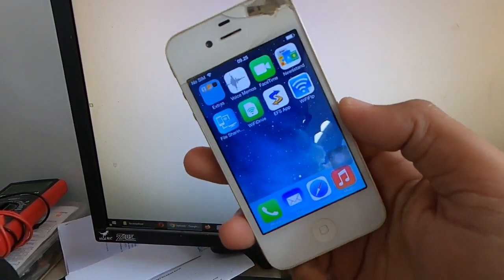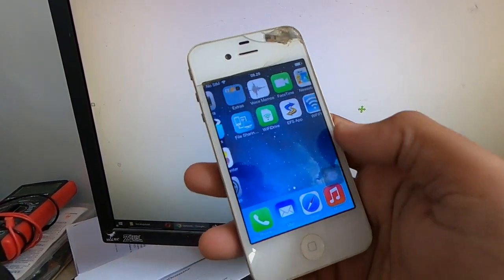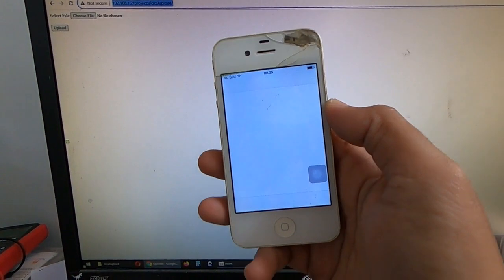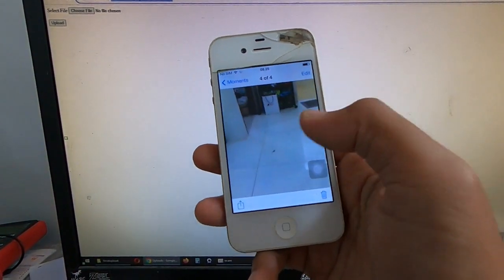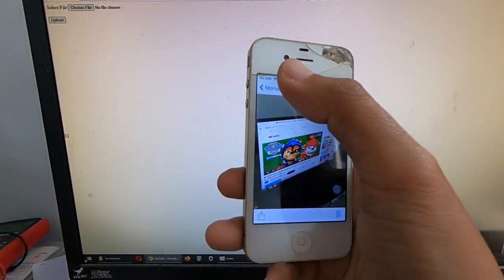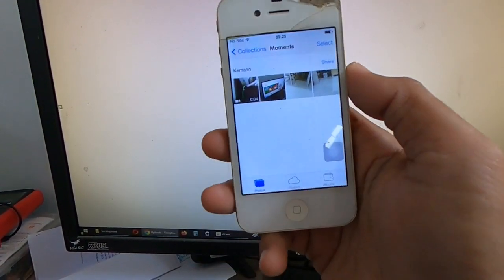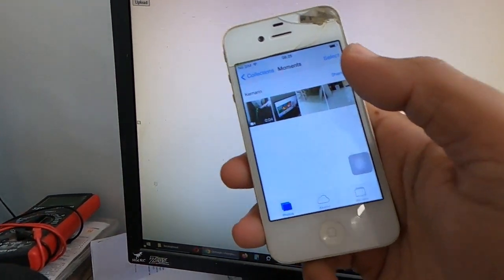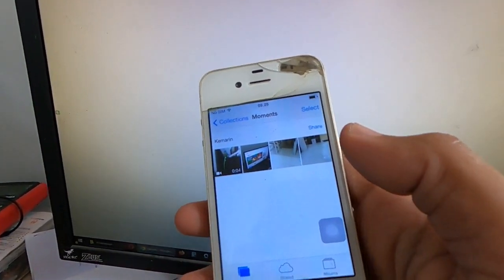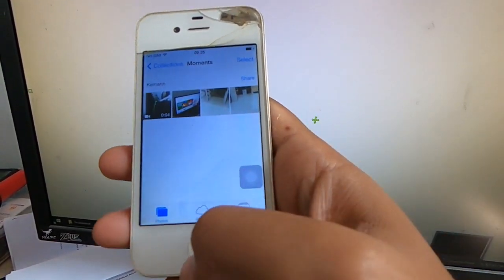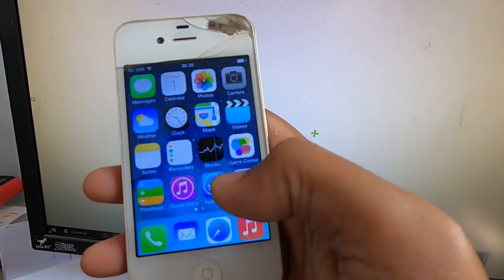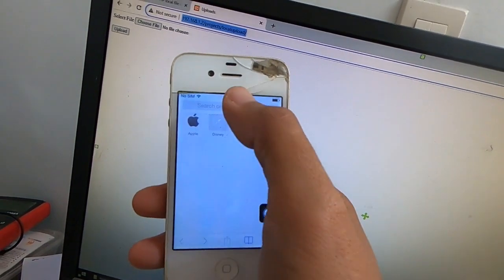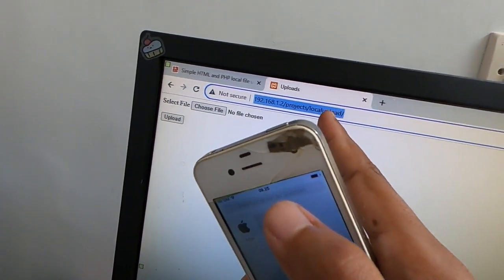Alright guys, this is my iPhone, and I have some images here. Let's say I need to send these images to my PC using this simple local web page. What I'm going to do is to open my Safari, and then I type the address of this local web page,